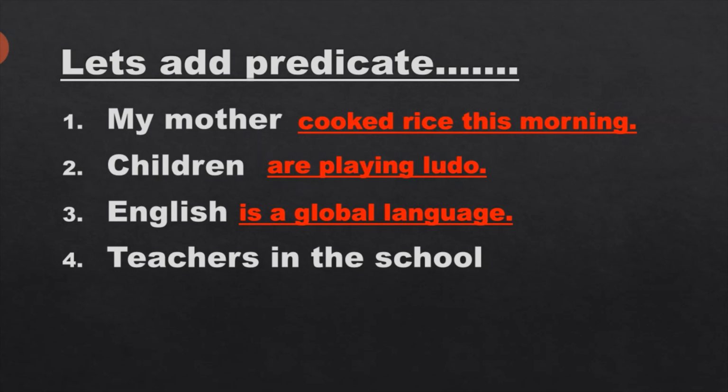Here I have added teach us. So this red color part is the predicate that is added. I have added as per my wish, my knowledge. You can add as per your wish, as per your choice. So here we have added these predicates, right? In the same way, I'll share one worksheet in which you are supposed to add predicates as per your wish.